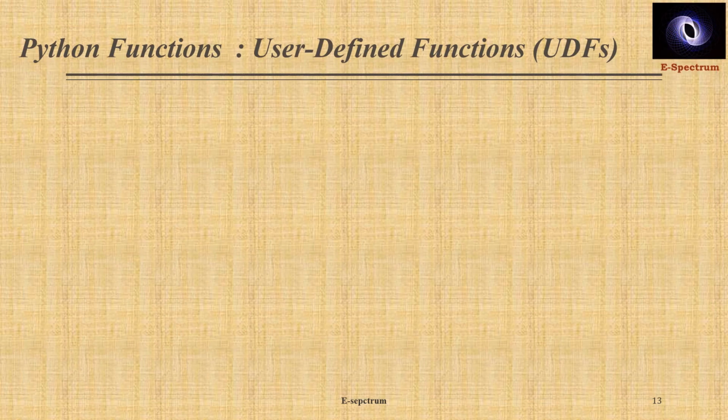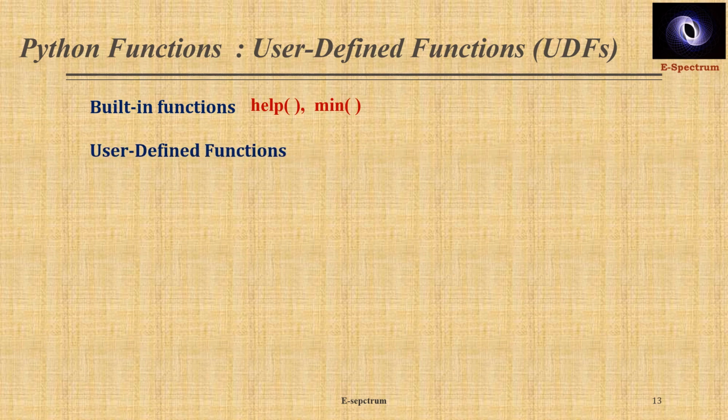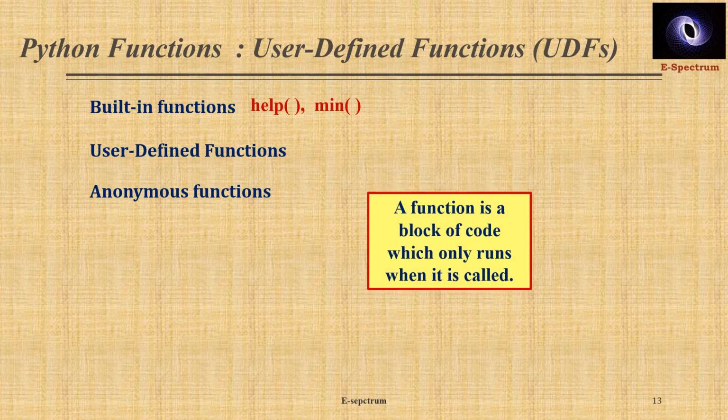The last part of the session, that is Python functions, we will be discussing some how users can define the functions, and these are called as user defined functions. Basically in Python there are three types of functions, that is built-in functions. We use ready-made functions which are given by the Python. The examples of built-in functions are help or calculating the minimum value. User defined functions that we will discuss, and anonymous functions are the one which cannot be declared with a keyword def. Okay.